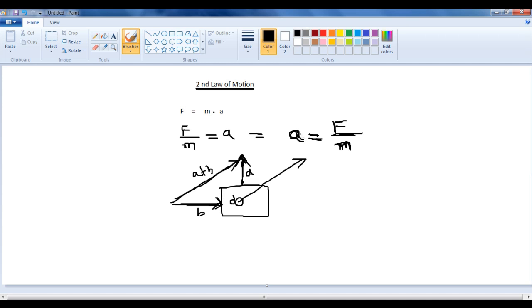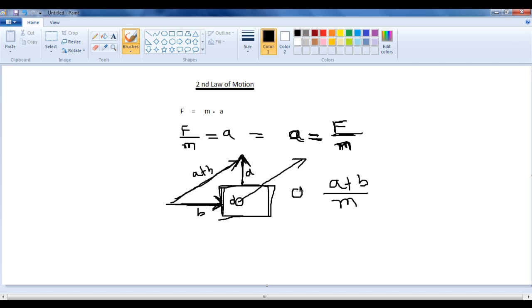Understanding? That is what acceleration says: if you have a force A and a force B, then the resultant force on this object is going to be the sum of forces, that is A plus B, divided by the mass of the object. Maybe the mass is 1, or 10, or 20. Maybe this object is made of 10 molecules, or 100 molecules, maybe 1000 molecules. Understanding? That is the meaning, guys.